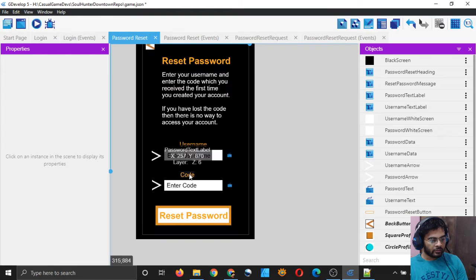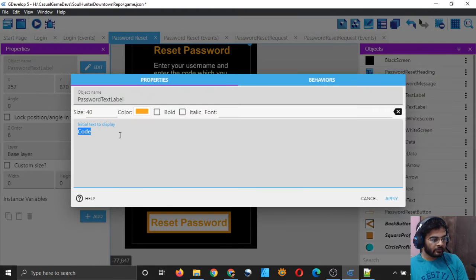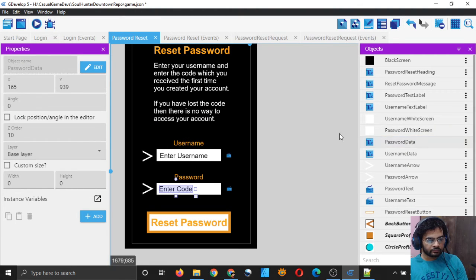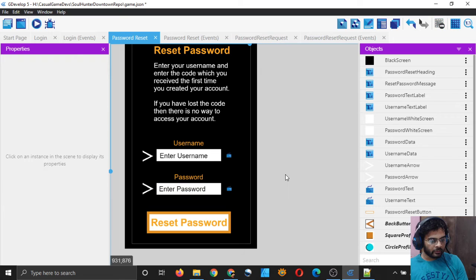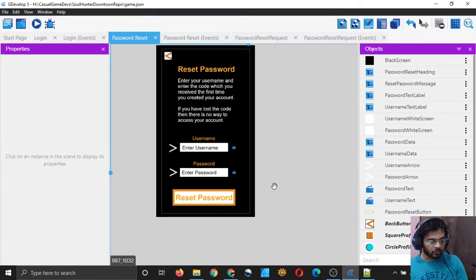I think you can simply keep this label as password only, because we need a code label anyway. So let me change it back, enter password. So we need another field here which will be the actual password, and we have it, but we also need the code.